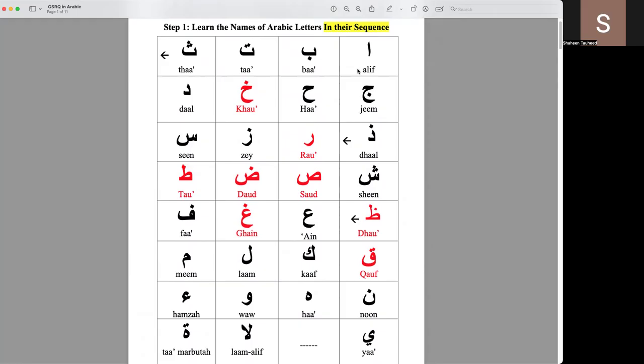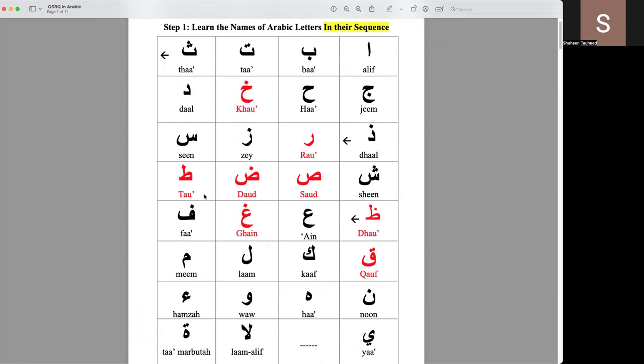Alif, Ba, Ta, Tha, Jim, Ha, Kha, Dal, Dhal, Ra, Zay, Sin, Shin, Sad,